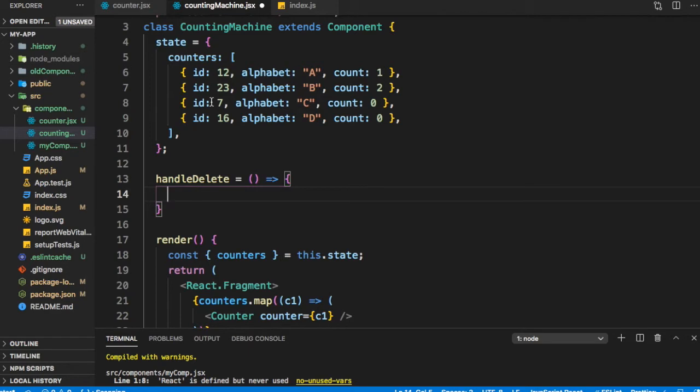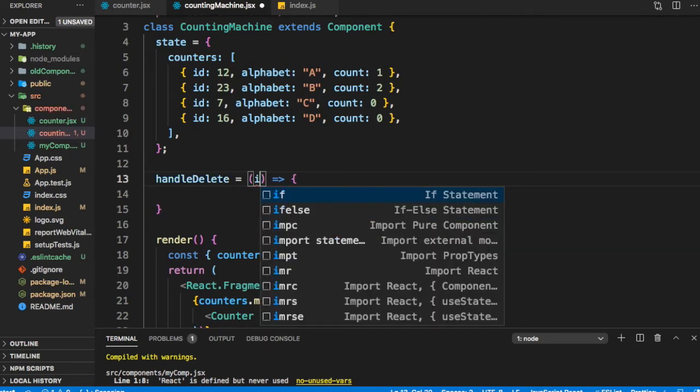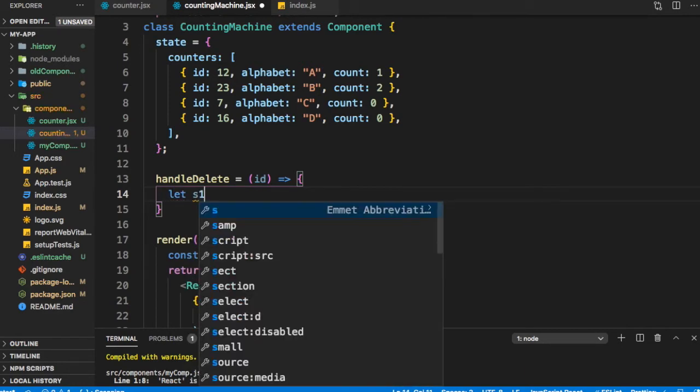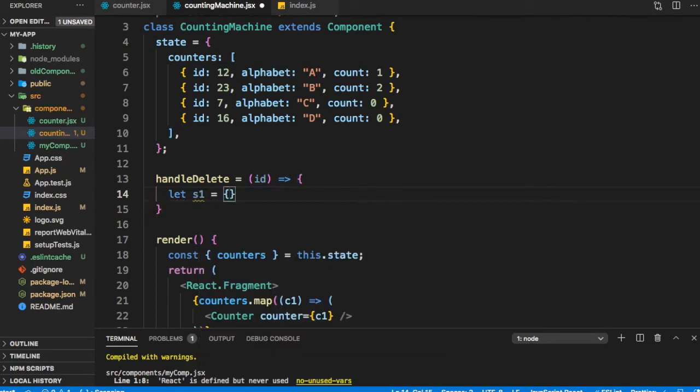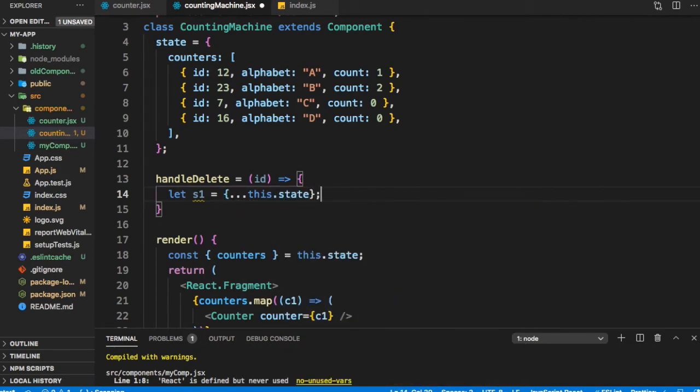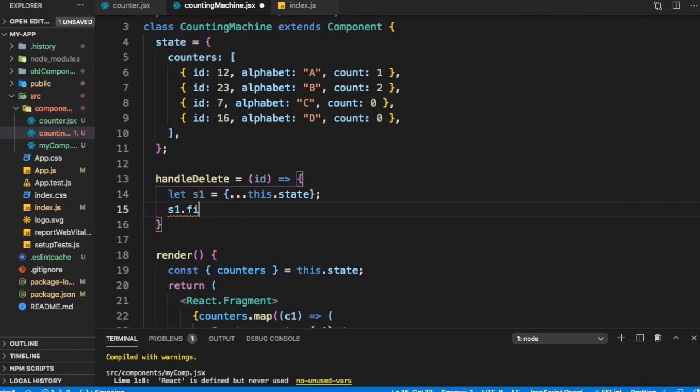So while deleting this counter, we need some reference. So let's say we get the ID, and we want to delete the counter with this ID. So we will use the same steps that we use for updating the state. Let s1 is equal to this.state.